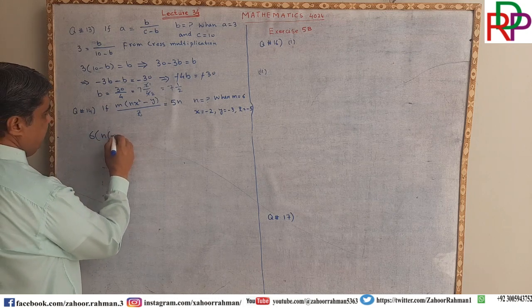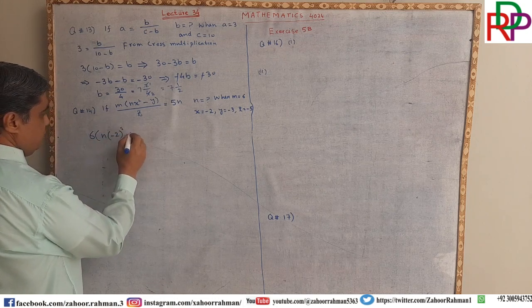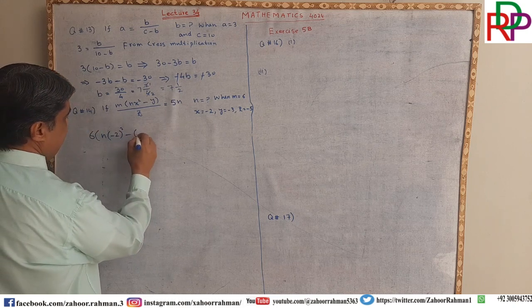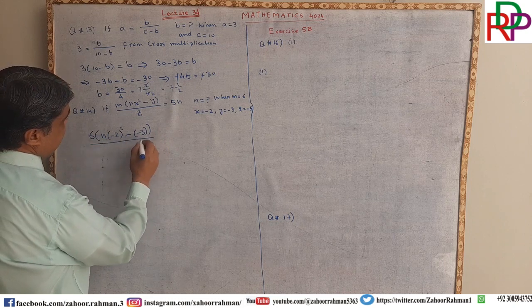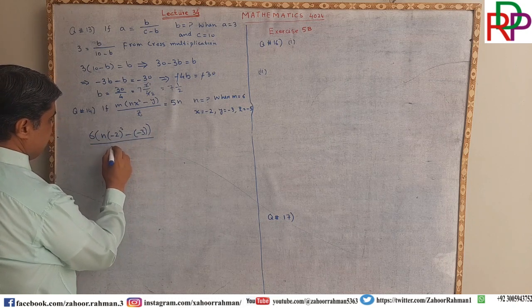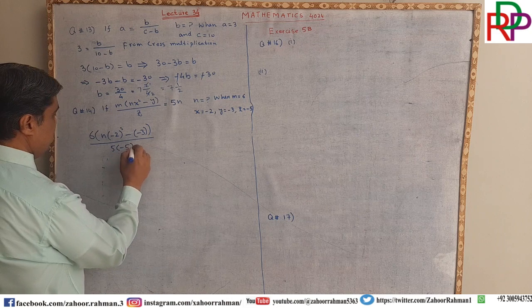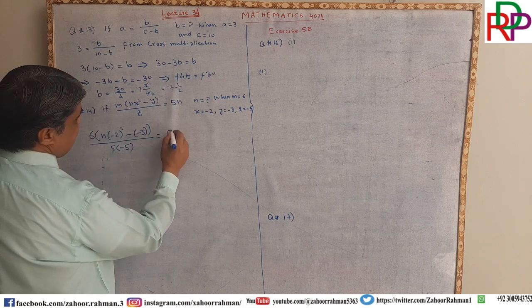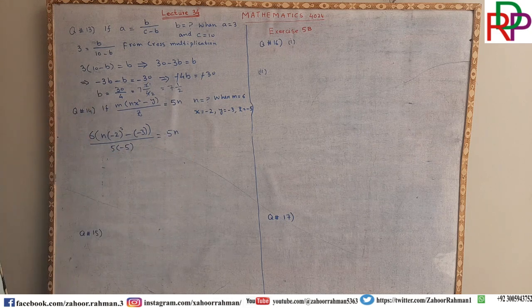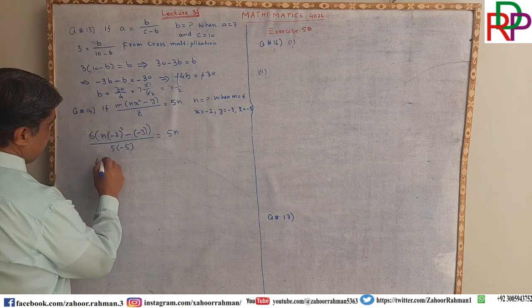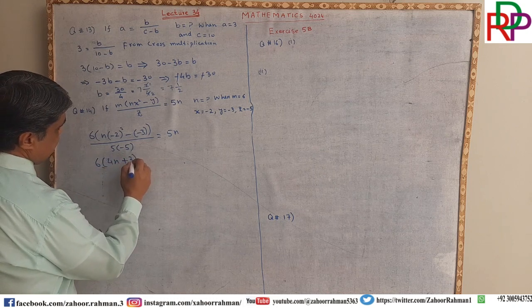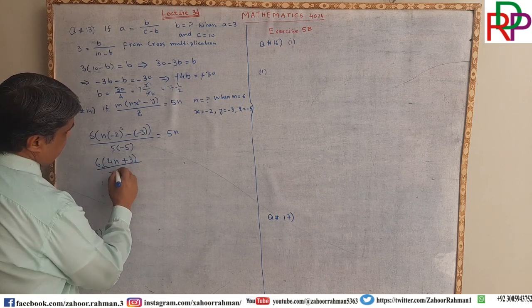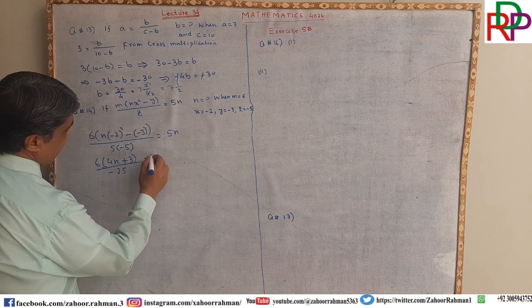We have to find minus 2 whole square minus and minus 3 and then 5 into minus 5, 5 into minus 5 and this 5n we have to find. So let us evaluate it and that will be 4n plus 3 and that will be minus 25